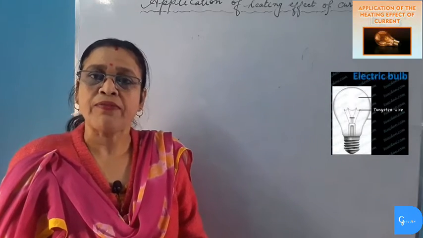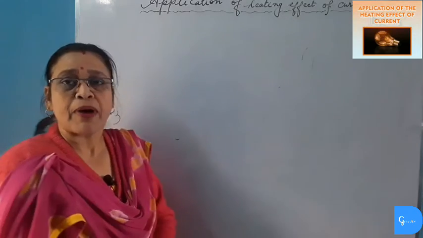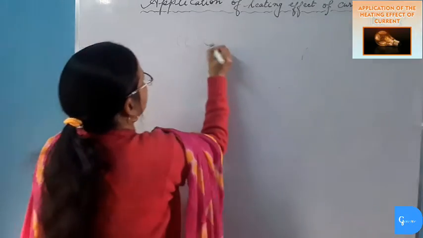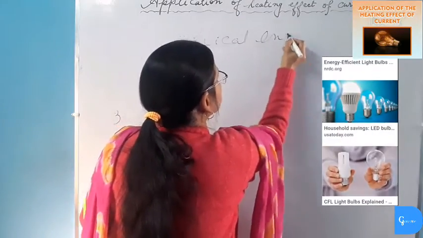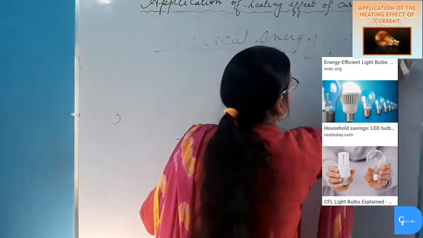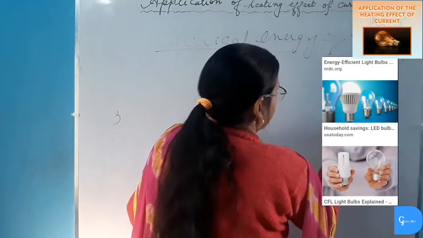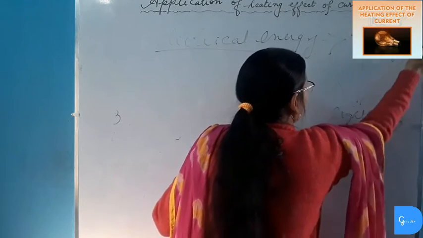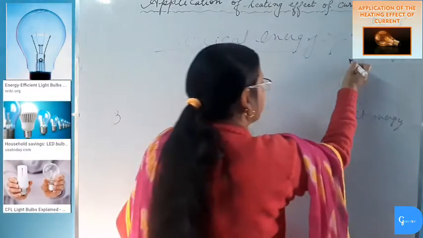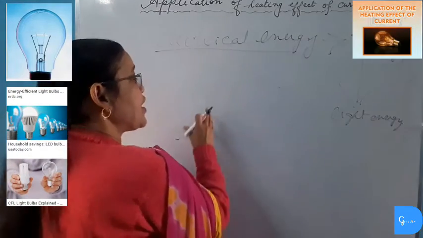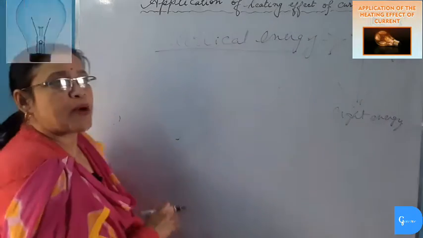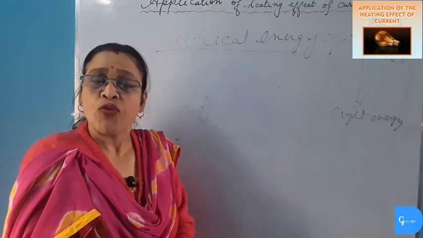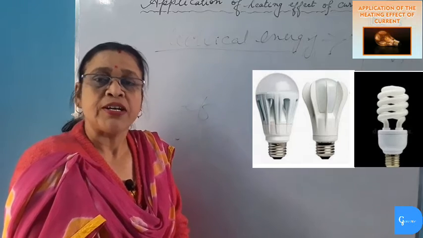Still, filament bulb has some disadvantages. In filament bulb, power consumption is not efficient. Electrical energy is first converted into heat energy. It becomes white hot and then it emits light. Then it is converted into light energy. So much amount of electric energy is wasted in producing heat. That is, the power consumption is not efficient in electric bulb. In case of non-filament bulbs like LED bulb, CFL bulb and tube light, all these have no filament and thus they are more power efficient than filament bulb.